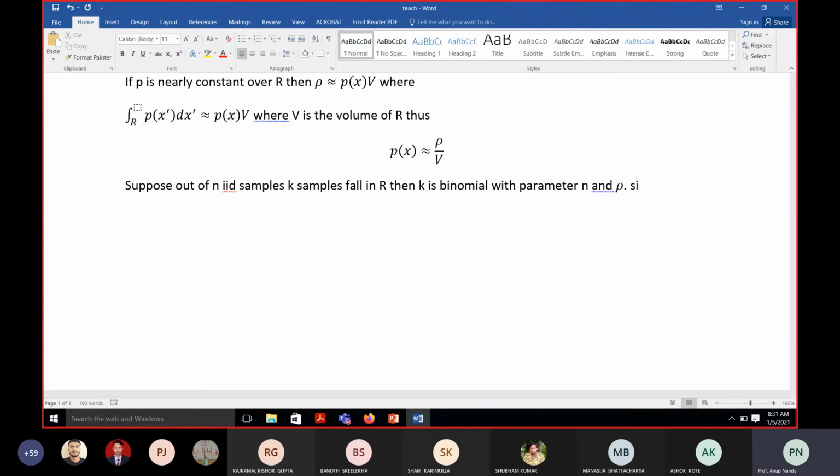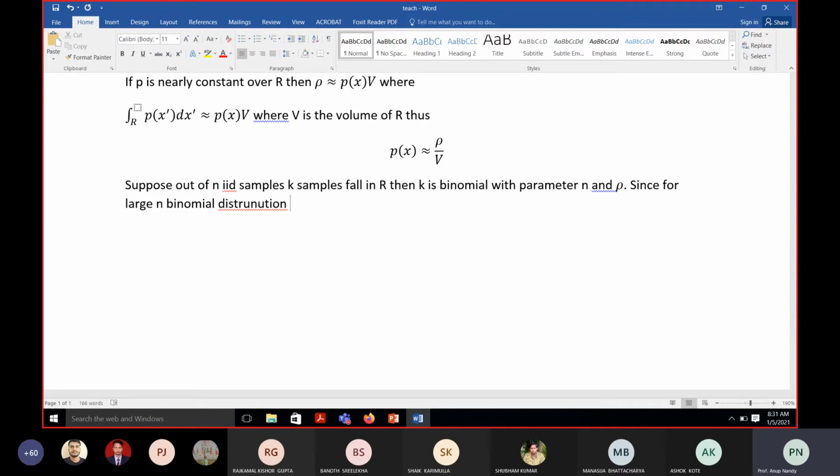And since for large n, that is the very important thing: if you have a very large n, that is, sufficiently large data points, then the binomial distribution that you are going to have